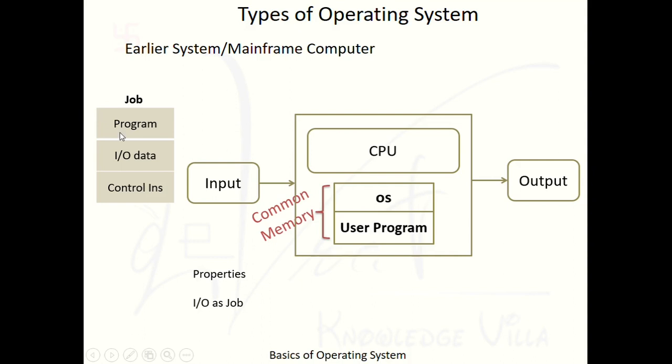There are many things inside the job. If you look here, first there is a program. Suppose you are writing a program for making a simple calculator. Here you can include your entire program. Second thing, IO data. It means whatever value you want to provide. Suppose you want to perform addition of 10 and 20. So here you have to provide the value of A equal to 10 and the value of B equal to 20. Get it? This is input output data.